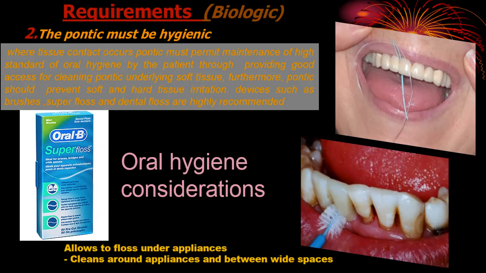The pontic requirement must be hygienic. When we say hygienic, what does it mean? The pontic must permit the patient to maintain a high standard of oral hygiene. That means the pontic design lets the patient use a brush, dental floss, or any other instrument that can be used easily to maintain a high standard of oral hygiene, so that floss can go under the appliance to clean around it. In this case there will be no accumulation,